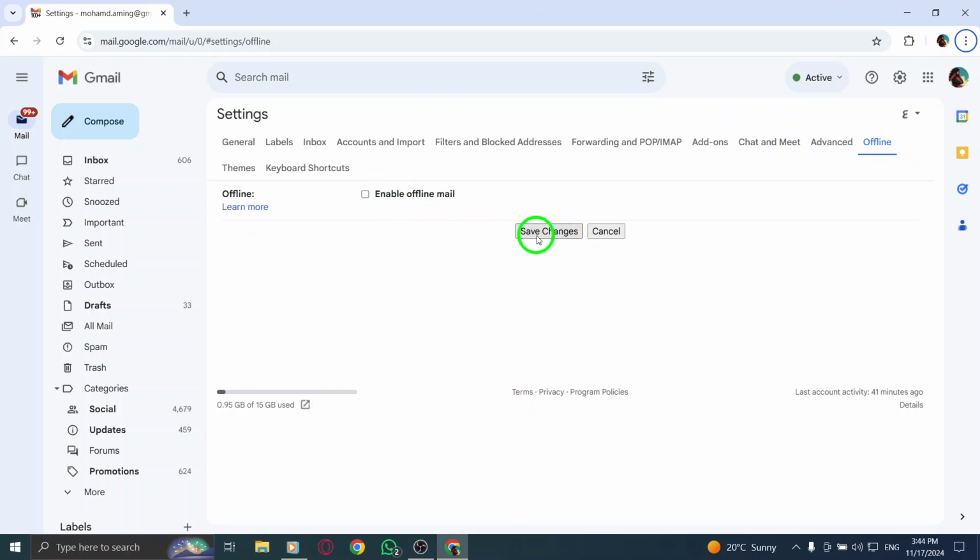And that's it. You've successfully disabled offline emails in Gmail. From now on, Gmail will no longer keep copies of your emails available when you're not connected to the internet. Disabling offline mail can help you reduce unnecessary storage on your device and ensure that all your emails are only